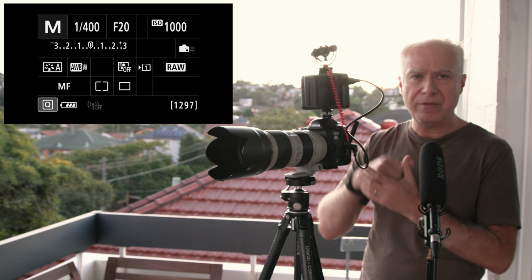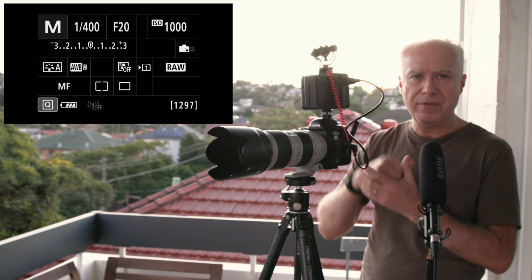Okay, so that's focusing on the pole. If I take that photograph now, as long as there's no shake in the camera, let me zoom in. And oops, I've got a bit of shake there. So let me do that again. In fact, let me set up a 2-second exposure or 2-second delay. So we'll do that. Okay, and if I bring up that photo now, you'll notice the pole is nice and